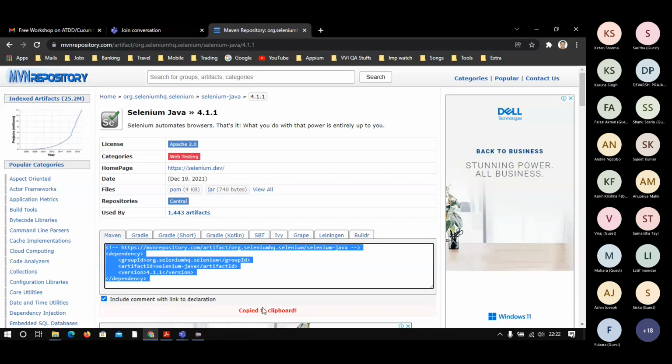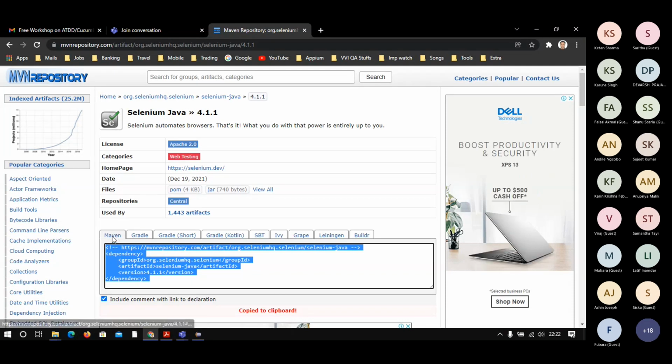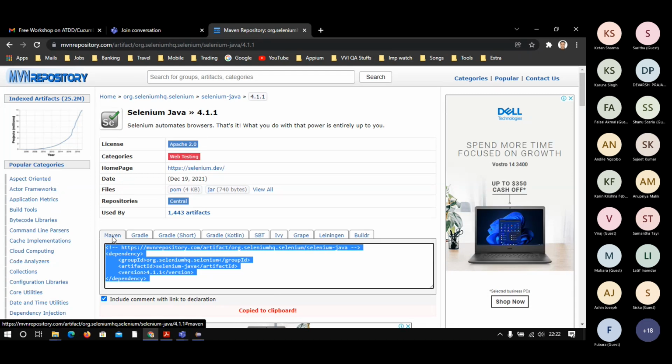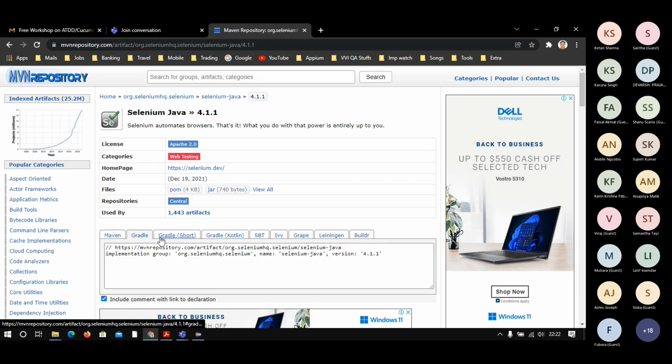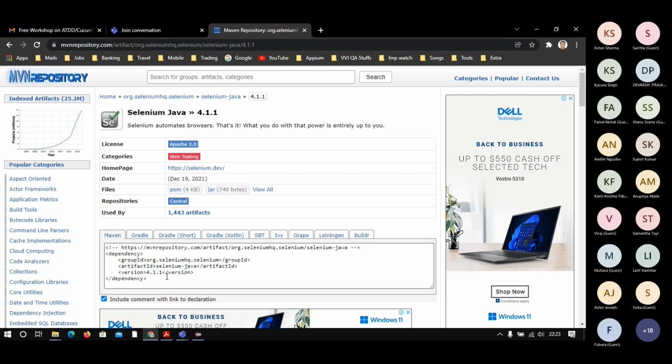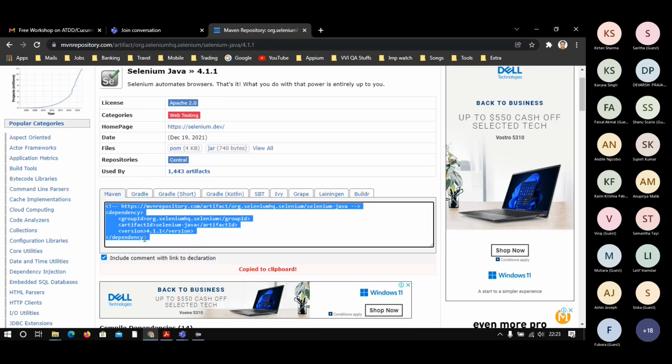You just click here, and you will see copy to clipboard, so you don't need to copy manually. It's for Maven, so it's that XML structure. If you are using Gradle, you can use the Gradle one. Based on the build tool you are using, you pick accordingly; I'm using Maven, so I'm using this one. For your information, Maven is a project management tool, build management tool, and dependency management tool. Here first I am using it for project management and dependency management. Build management we will see later.